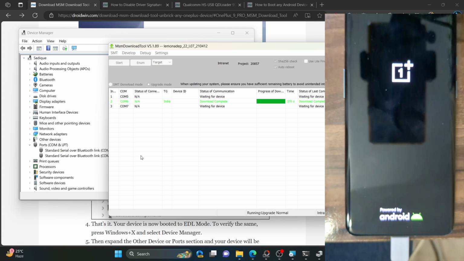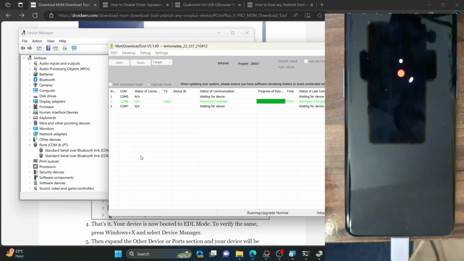So as you could see, we are now getting the download complete message, and it took around 370 seconds. Once the flashing is done, your phone will automatically boot to the OS, and do keep in mind that the first boot up will take some time. This is completely normal and nothing to worry about. From the subsequent time, it will not take that long. Moreover, all the data from your phone would have been wiped off.